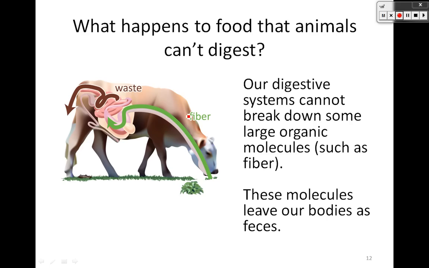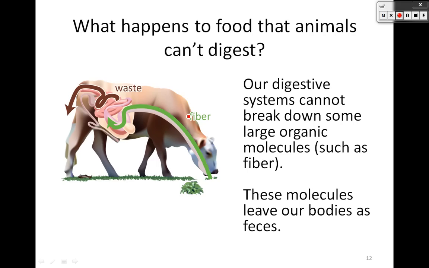Cows are, in a sense, the machine that can turn protein we can't use in our bodies into protein we can use in our bodies, because cows have a different digestive system. They have four stomachs. But the things we can't digest are broken down,